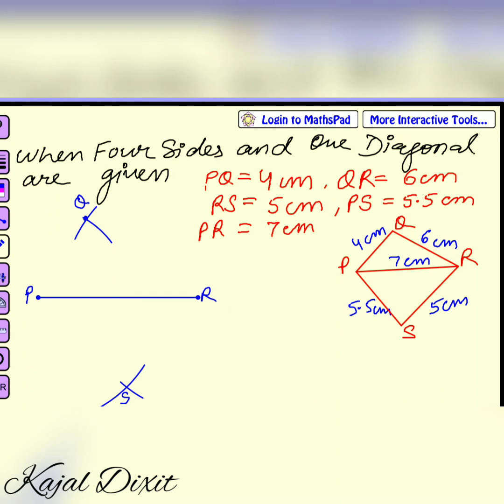By this time we have all the required four points of the quadrilateral. Let me join these points so that I can get the final quadrilateral which was asked to construct. So with this we have the quadrilateral PQRS in which all the four sides and the length of the diagonal were